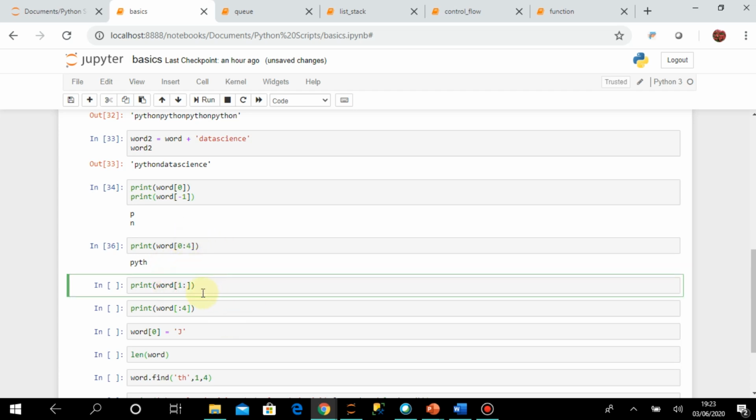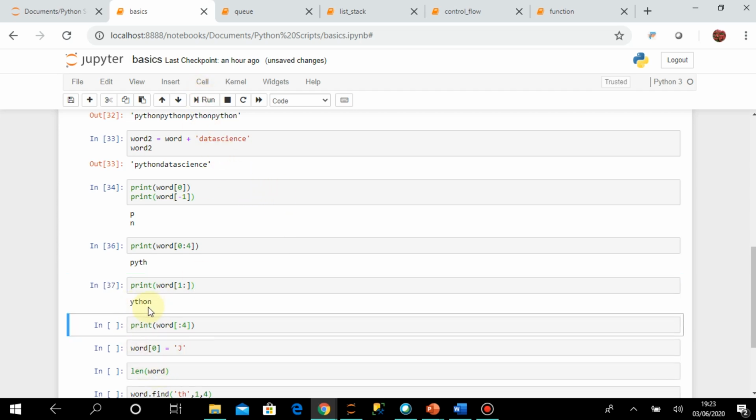Now here is another example where in the right part of the colon I have not mentioned anything, it's blank. If that is the case, then it will start from the left part, whatever index I have mentioned, to the end of the string. So it is like ython, because only the P was at position 0, that's why that is removed.